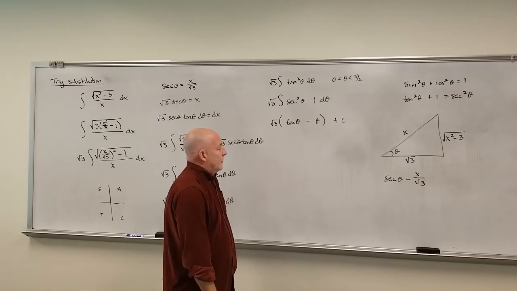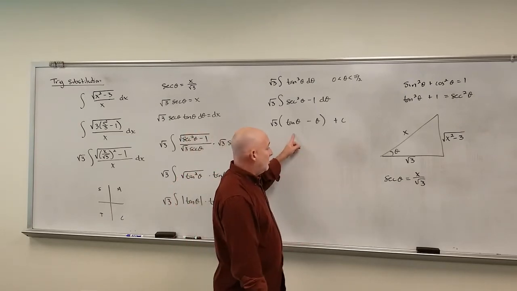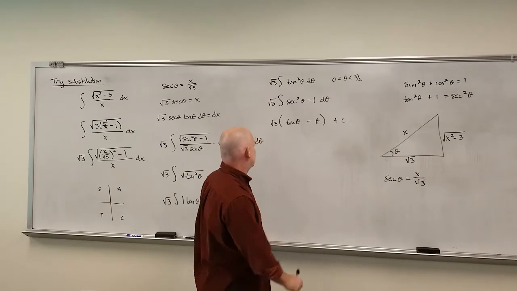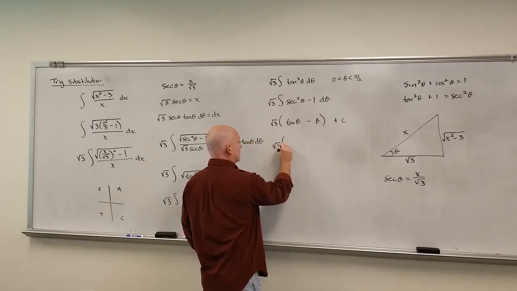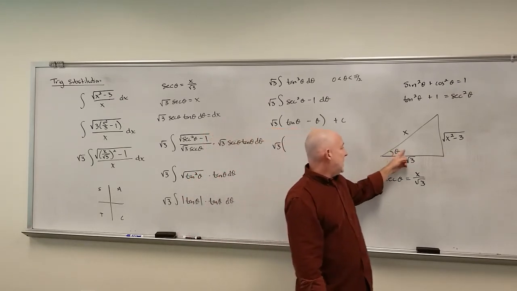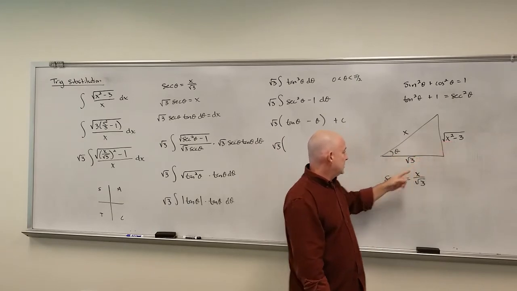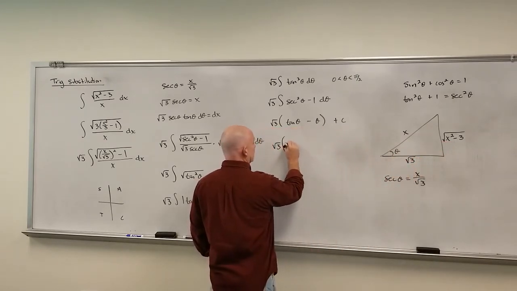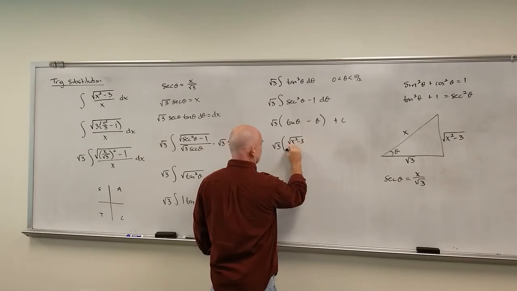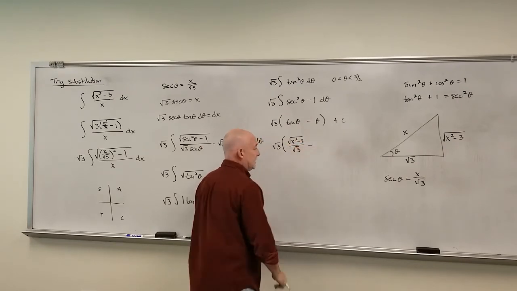All right, so there's our side. So can we figure out what the tangent is here? So here's our square root of 3. The tangent would be what? The opposite over the adjacent. So that would be the square root of x squared minus 3 all over the square root of 3,